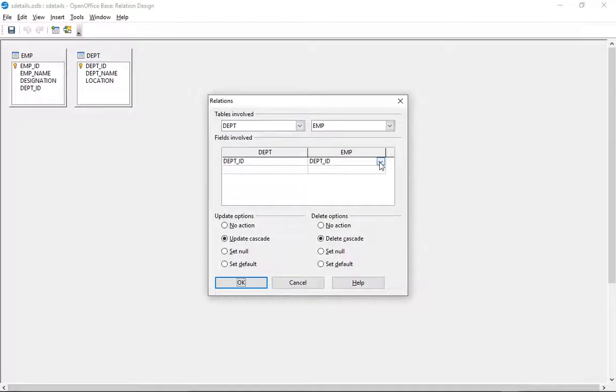Sorry, in this department we have department ID, in employee we have employee, where is that one?